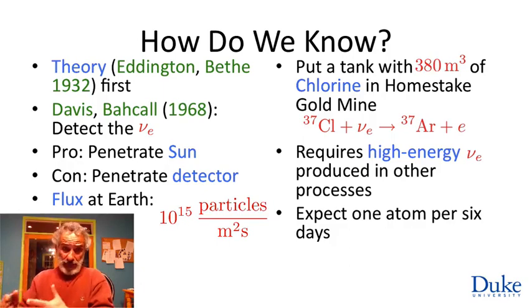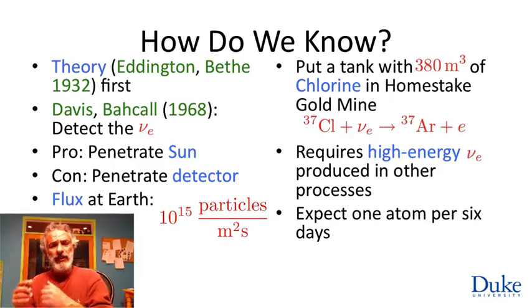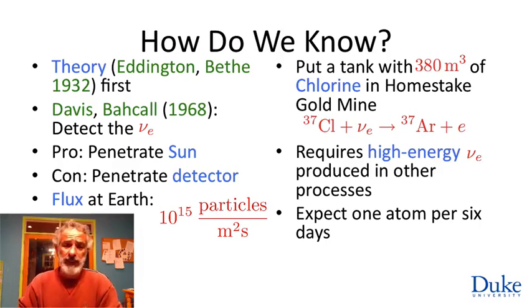And the basic reason we knew how stars worked in the 30s was because Eddington had the theoretical idea, and as I said, Bethe figured out how to get through the weak decay process. But it turns out that we can, in fact, look right inside the sun with a beautiful experiment. The idea is due to an experimentalist called Ray Davis and a theorist called John Bahcall, who in the 60s